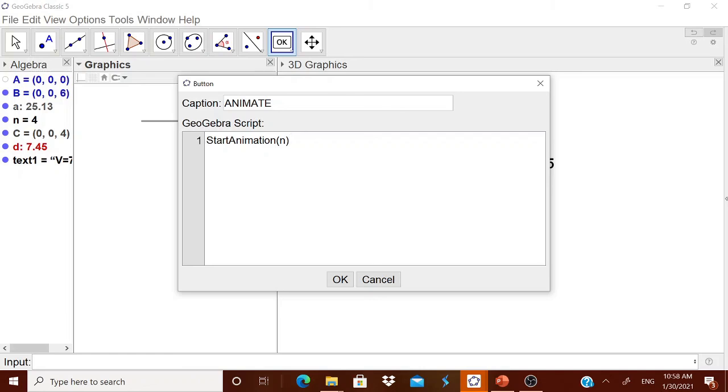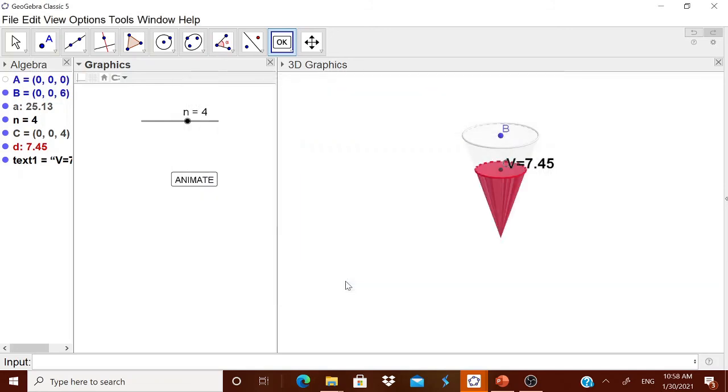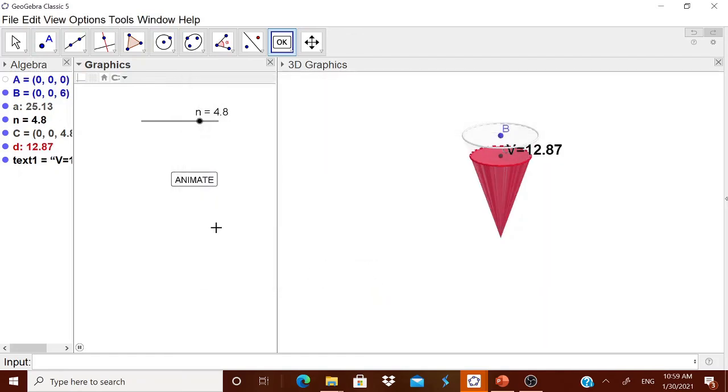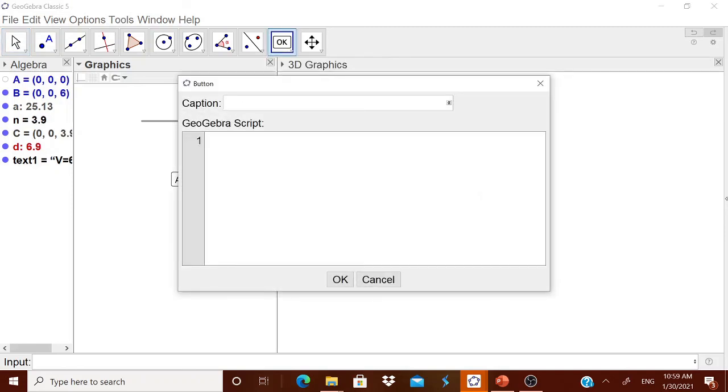Remember, whatever you are typing, if that script is right, it will get converted into black. Otherwise, it will be in red color. For now, I click OK. Now, when I click this animate, okay, now you see the animation has already started. Now some of you may be interested, sir, I want to reset it. Therefore, with animation on, I am stopping. Again go to this OK button. Again have a button called reset.